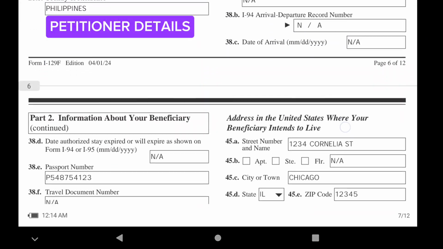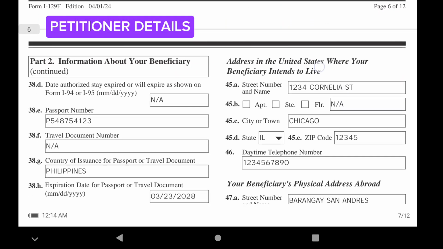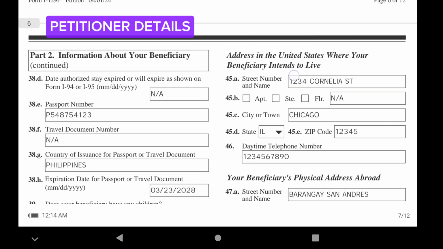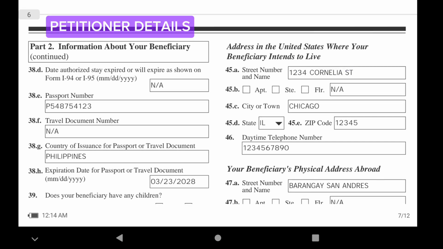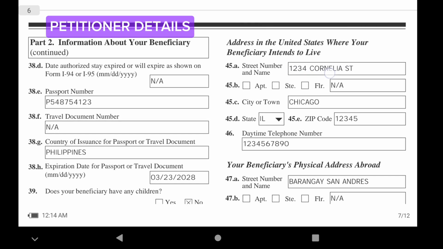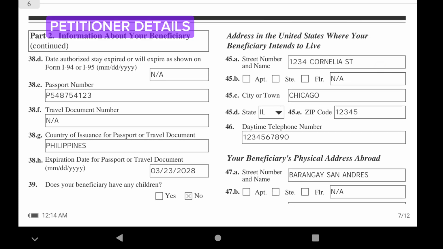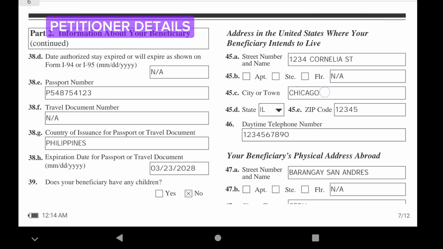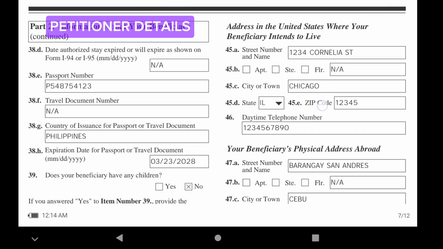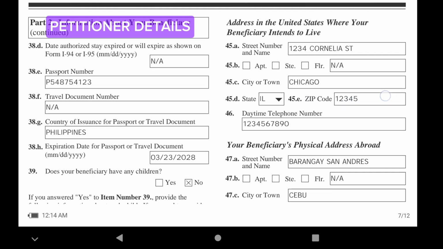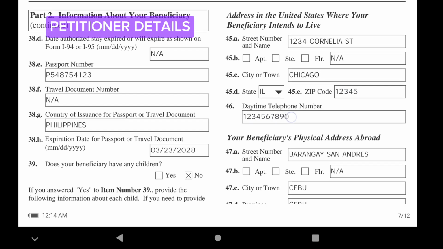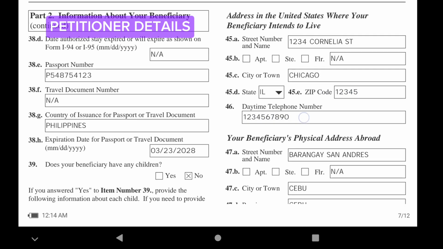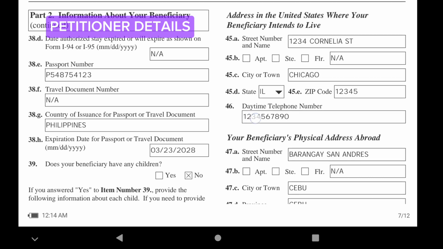Next, address in the United States where your beneficiary intends to live. Street number and name, 1234 Cornelius Street, NA, city or town, Chicago, state, Illinois, zip code 12345, daytime telephone number of the petitioner, I mean. For example,